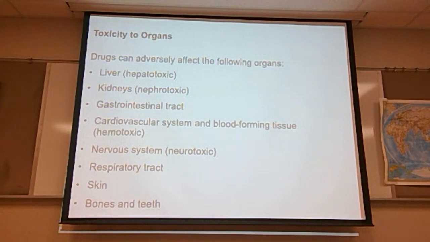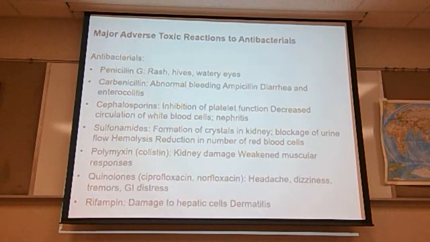Drugs can affect organs. They can affect the liver, the kidneys, the gastrointestinal tract, the cardiovascular system, and blood-forming tissues, nervous system, the respiratory tract, skin, bones, and teeth. There are certain antibiotics, if taken early in life, can cause really bad teeth reactions. So all of these things are toxic. Some major toxic adverse reactions: